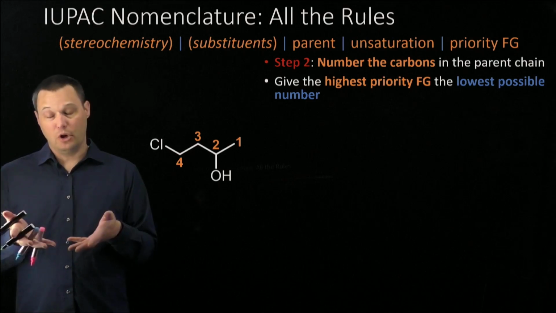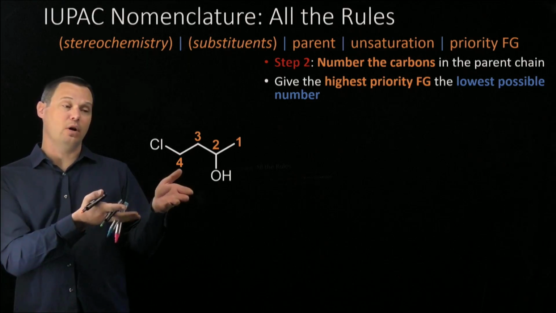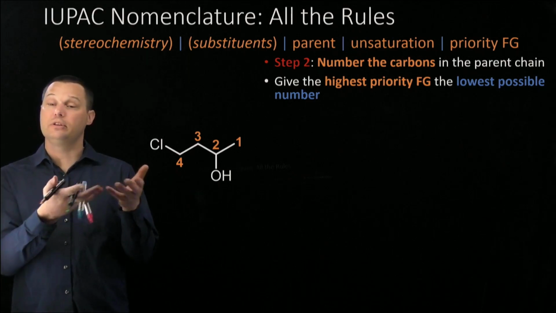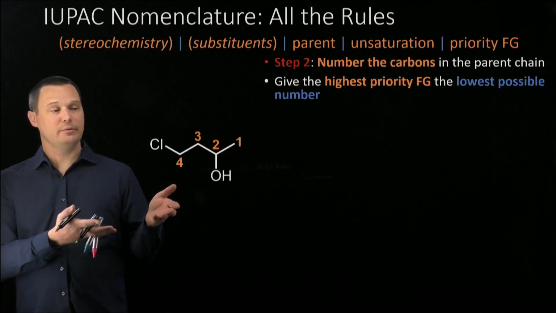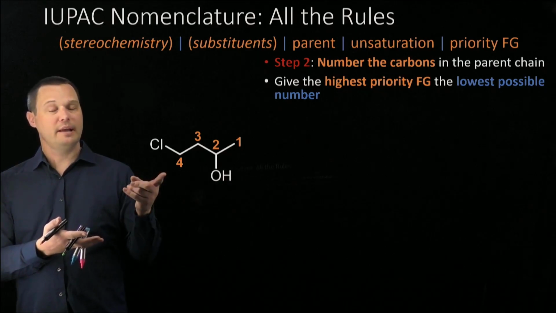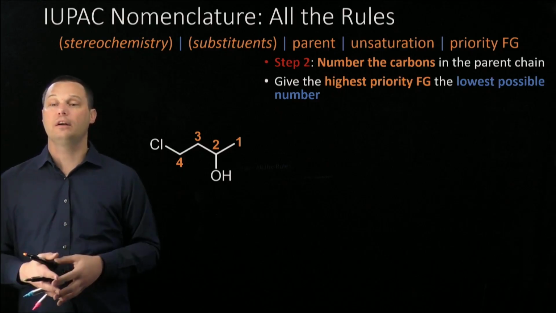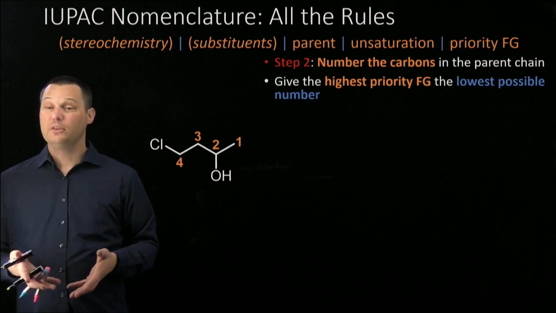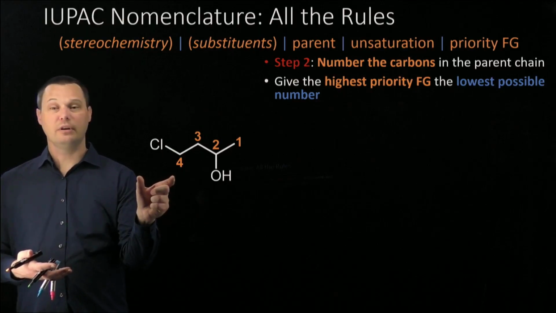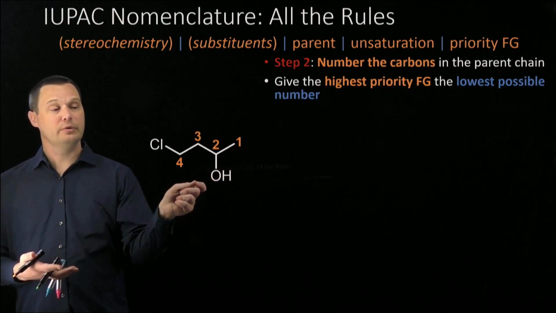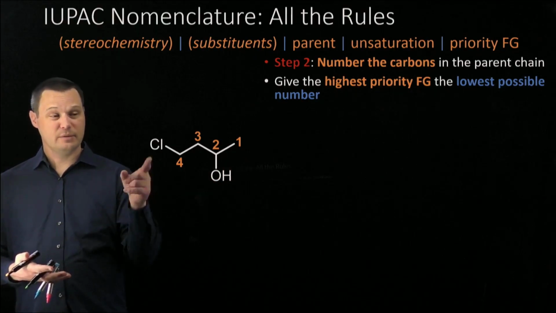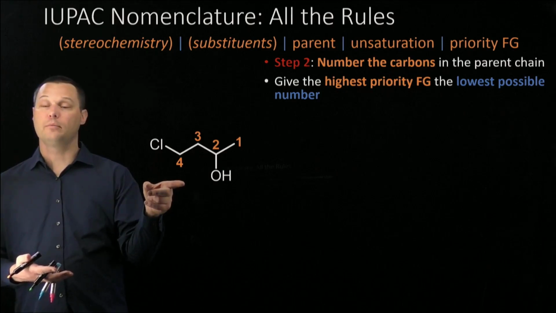For this molecule, going back to our previous list, the alcohol is a high priority functional group and the halogen is one of our free functional groups that does not have a priority. To give the alcohol the lowest possible number, we again number right to left, put the alcohol at carbon number 2 rather than at carbon number 3 had we numbered left to right. Notice that by doing so, we give the halogen carbon number 4. And that's okay because we're giving the alcohol, the highest priority group, the lowest possible number. It might make more sense to put the chlorine at number 1 and the alcohol at number 3, but that